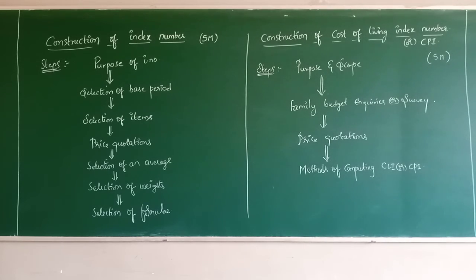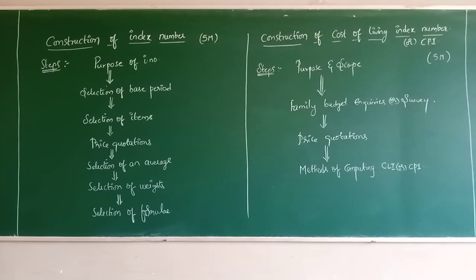What about the chain base? Chain base means the periods are compared with the immediate preceding period, right? The current year, for which you are observing the changes in the level of the phenomenon, is compared with the immediate preceding year as the base. 2020 means 2019 will be the base. 2019 is the current means 2018 will be the base. So that itself is a chain base period. I hope I am clear.